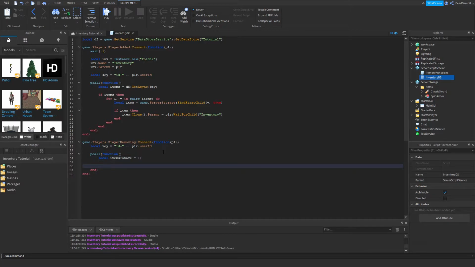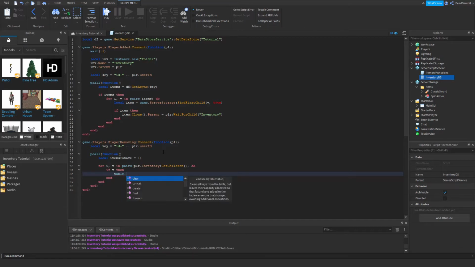We'll have another for loop, for i, v in pairs, player.Inventory:GetChildren() do, if v then, table.insert(itemsToSave,